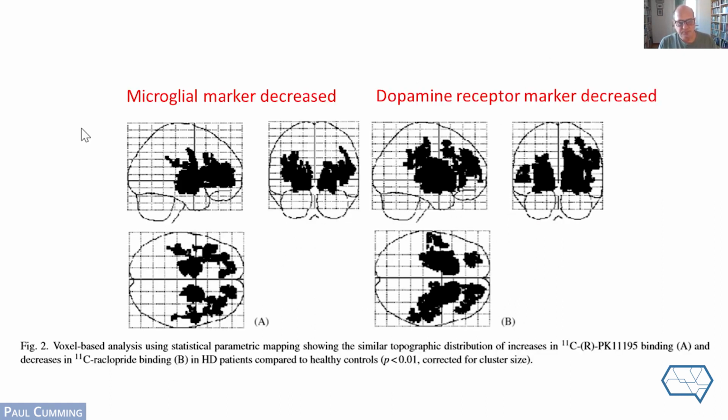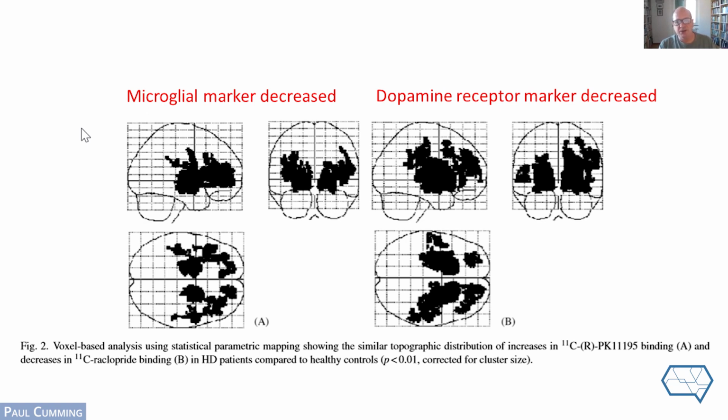Next slide. And I've made an error in this slide, but what it shows is in the so-called glass brain depiction, which is another technique for representing 3D data, as if the normal part of the brain were transparent, but the black zones are where it should properly read microglial marker increased in Huntington's disease. I apologize for that error. So you see that the microglial activation is present, if you know how to read these scans, in the basal ganglia and in the frontal lobe, which is just where you would expect the disease to be active.